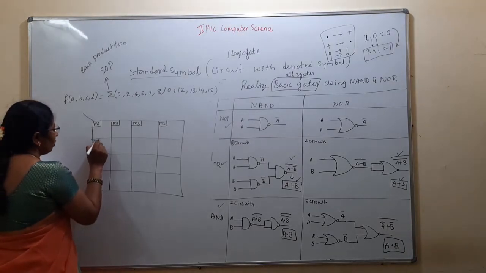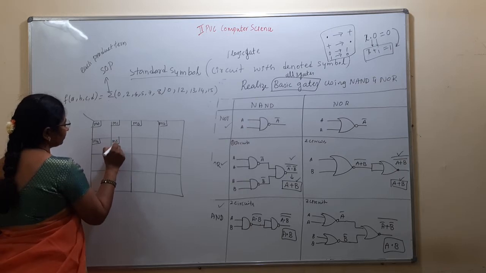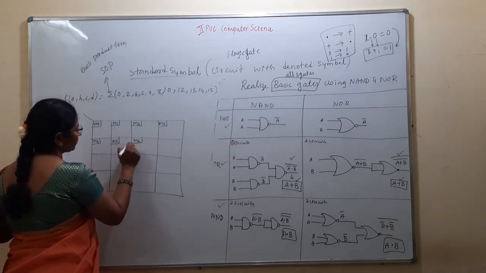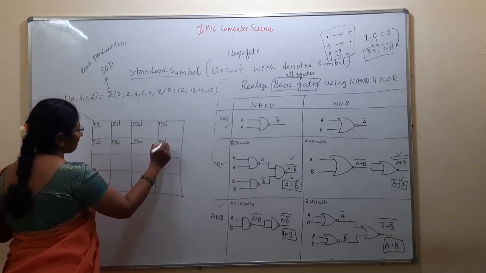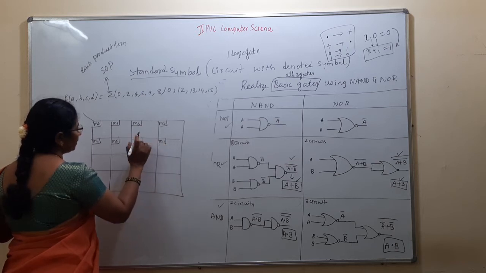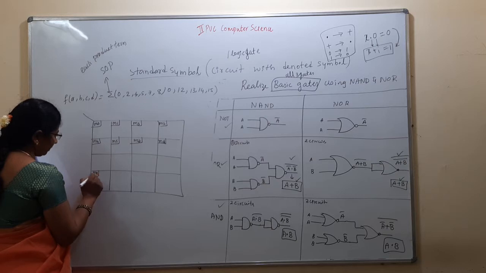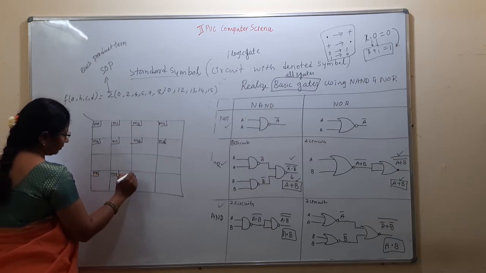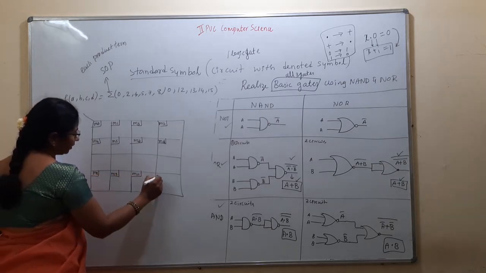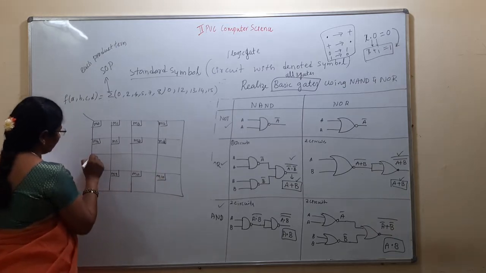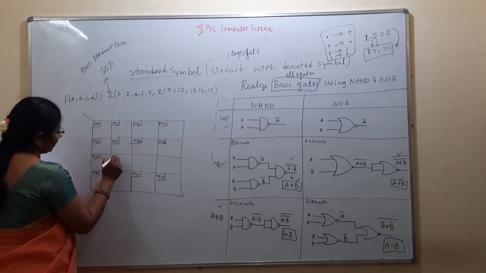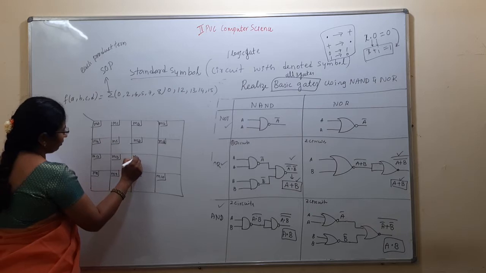Many students have not written properly. This is 7, this is 6. Then M8, M9, M11, M10, M12, M13, M15,